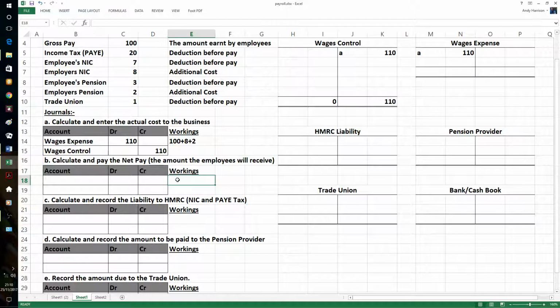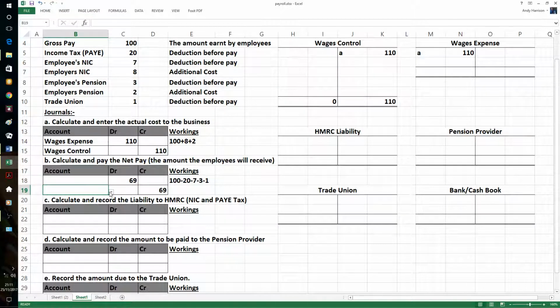What they actually get paid into their bank account will start off with their gross, but we have to take out some tax, and we have to take out our employees', or their employees', contribution, not the employers', and then we have to take out the pension fund money. And on this one, we've also not got to forget the trade union membership. So the actual amount, that works out at 69,